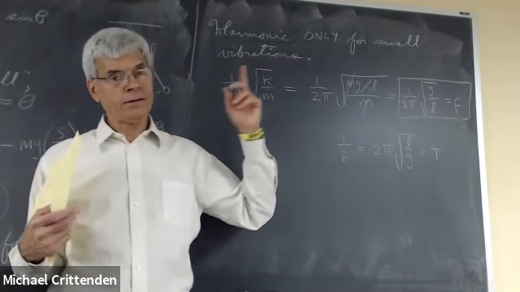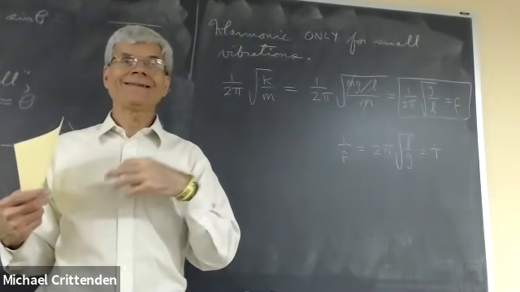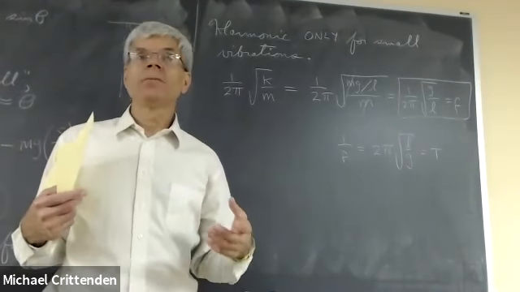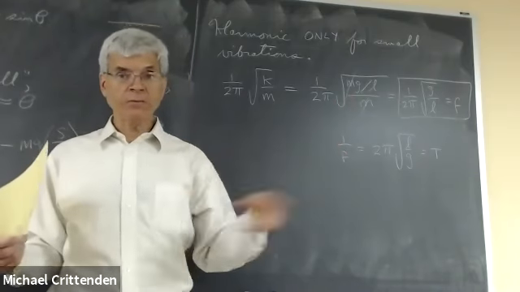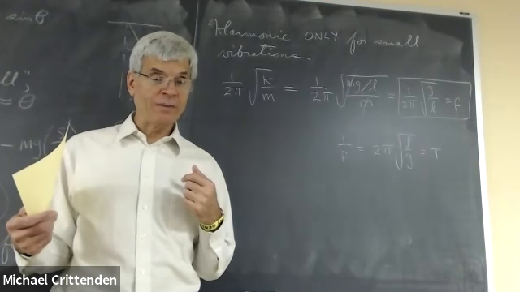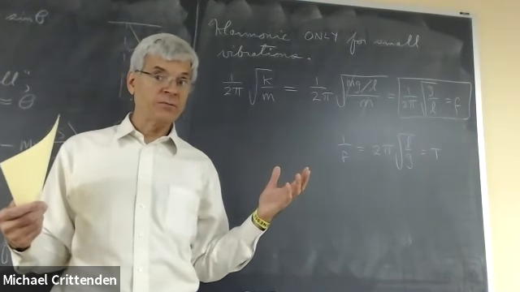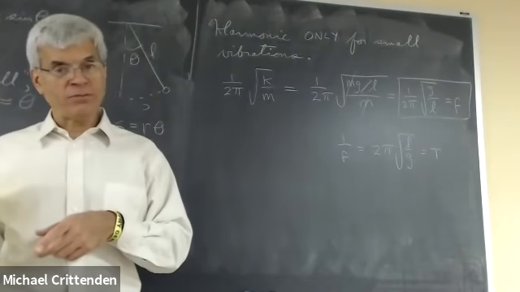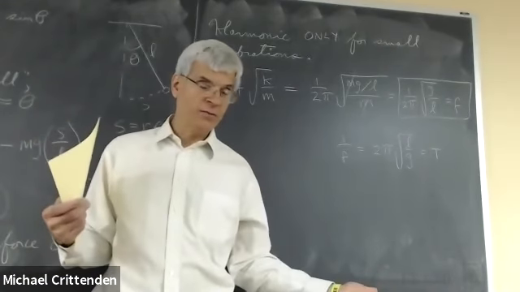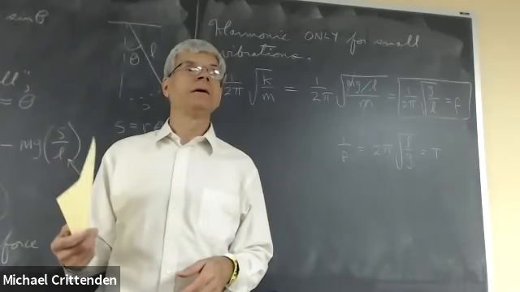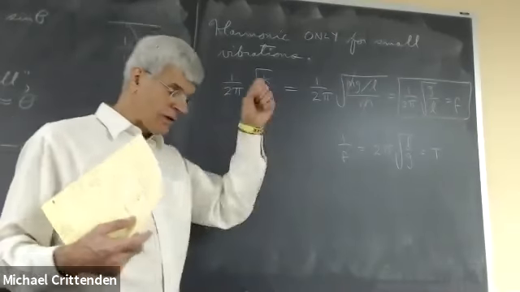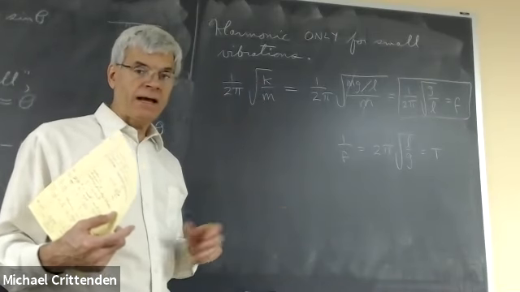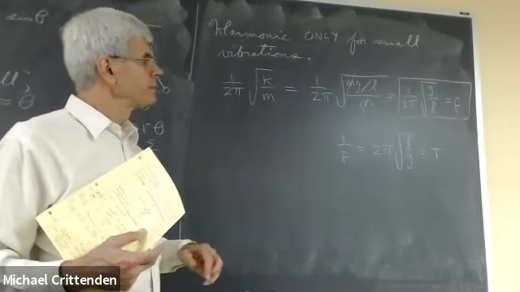Because on the one hand, with the 200-gram mass, it's got 10 times as much inertia. But on the other hand, it's gravity that makes the thing move. And if you've got 10 times as much mass, gravity pulls 10 times as hard. So 10 times as big a force acting on 10 times as much inertia, they balance out. And so just like with a free-falling object, the mass doesn't matter. All that matters is the length of the pendulum and the strength of the gravitational field you're in, which suggests,